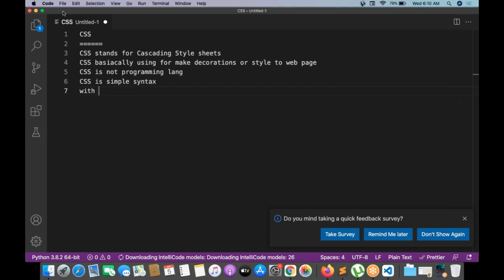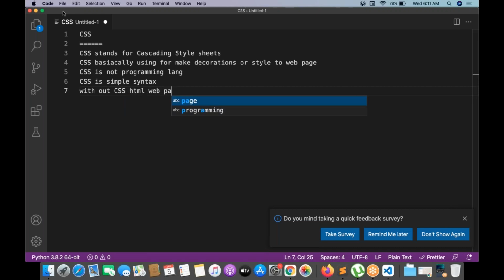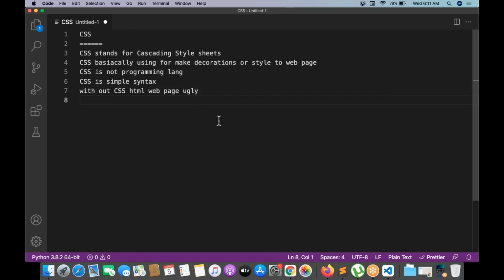Without CSS, an HTML web page looks ugly. So then we have to integrate CSS into the HTML.